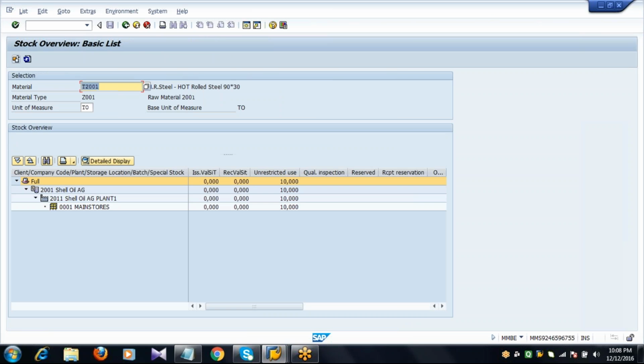If you execute, now see where the stock is. Previously, when you created a purchase order, it was under on order stock. Now once you create a GR, from on order it came to unrestricted. Unrestricted means there is no restriction. It's good stock or available stock. That is the meaning of unrestricted use stock.